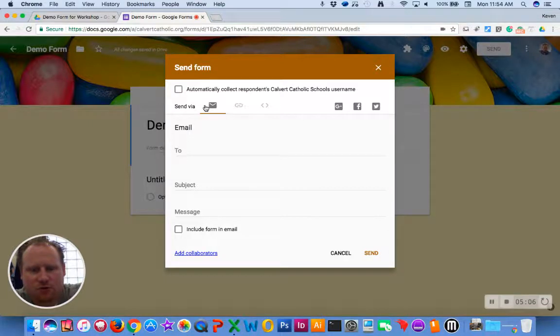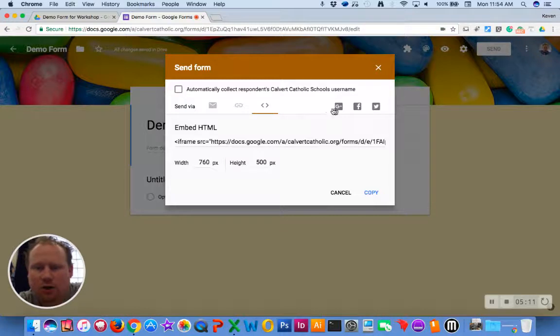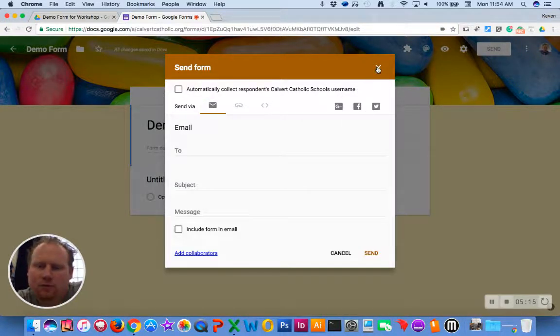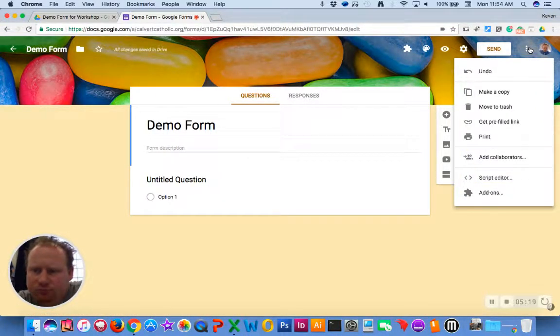You notice we can share via email, we can send a link, we also have an embed code, we have some social media tools as well. So we can close that. Next, we have the three dots for the more actions menu. The classic undo button, make a copy if you're going to use the same form from one year to the next. Good example of that would be